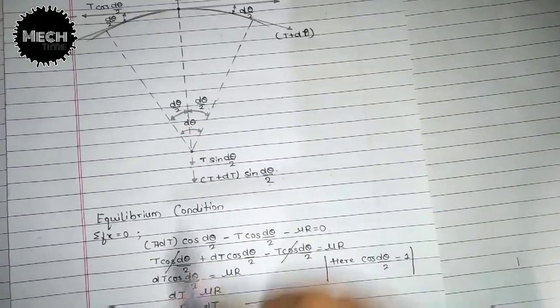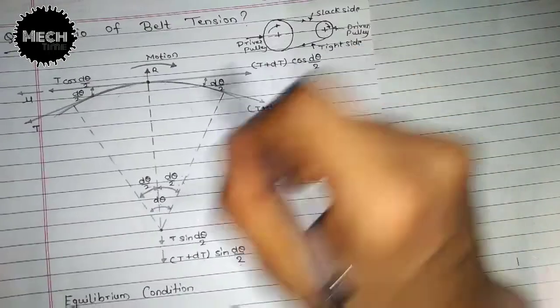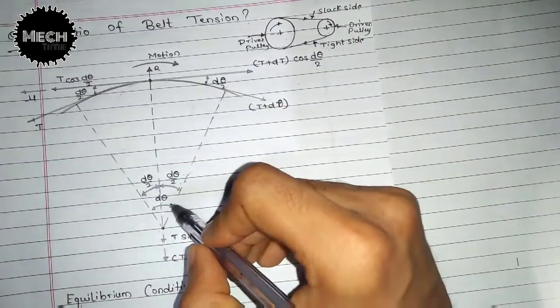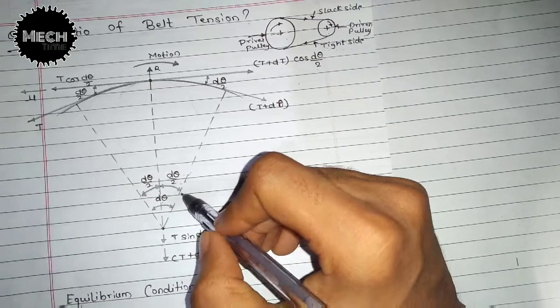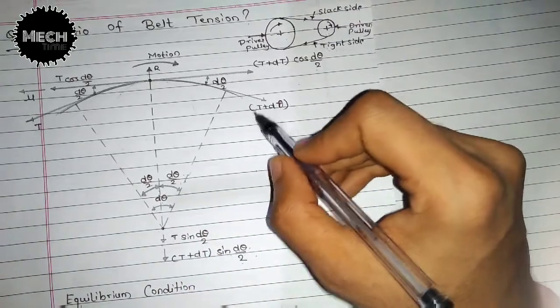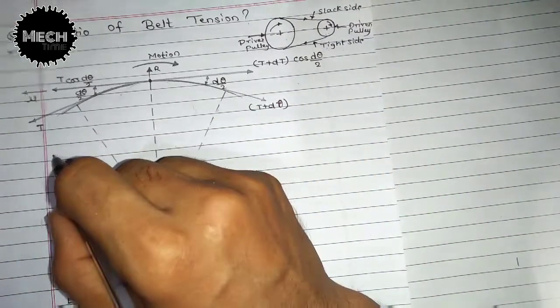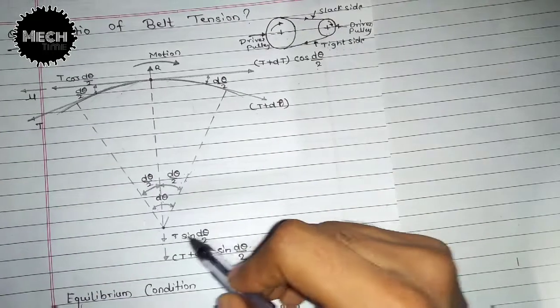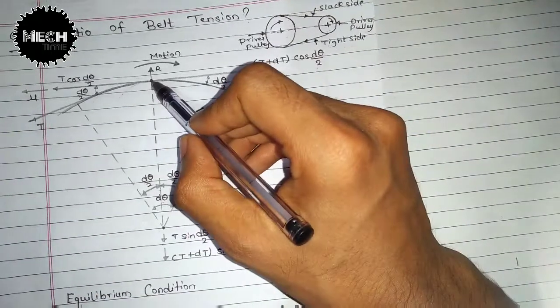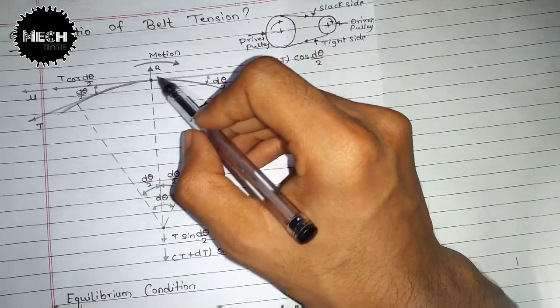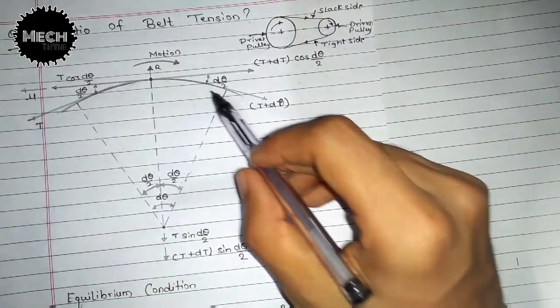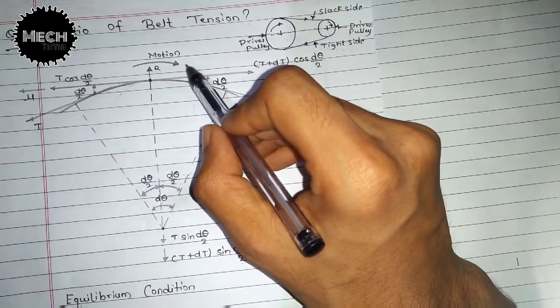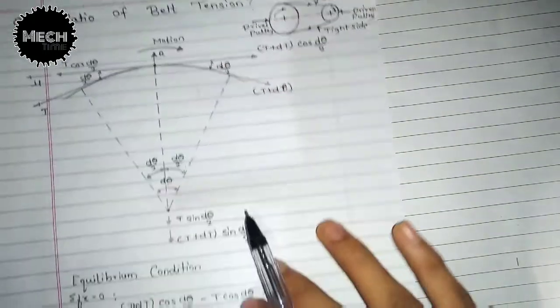How will you find it? You take one part, which is the driver part I have taken, then you draw dashed lines to see the values, and name the tension at this side as more and at this side as less. Once you are done with this, there will be a contact. At the contact point there will be a reaction and then friction. Though the motion is in a clockwise direction, friction is produced here.